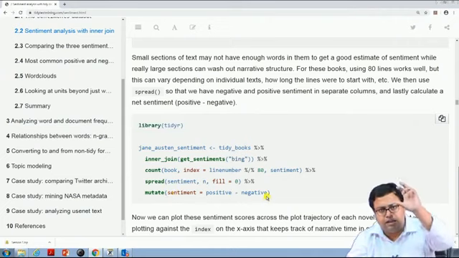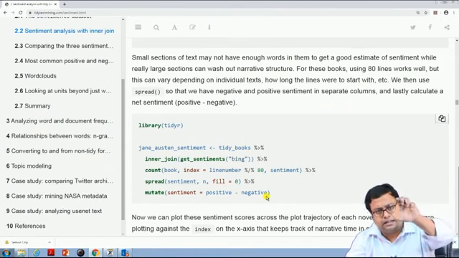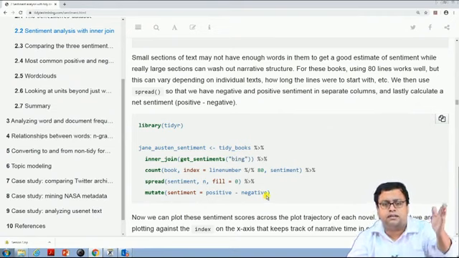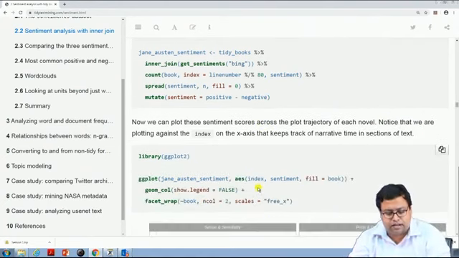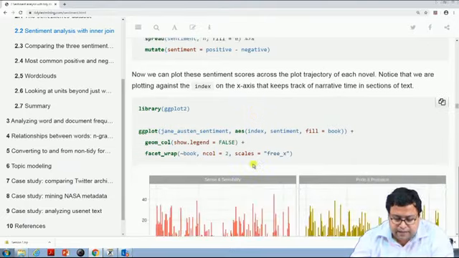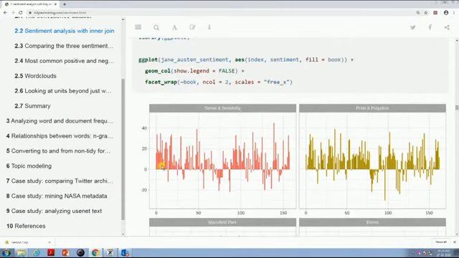They are breaking the text into chunks of 80 lines, and within every 80 lines of text they are finding out how many times a positive word occurs and how many times a negative word occurs. Positive minus negative is the sentiment, that is how they are calculating, and then they are putting it in a ggplot. So, if I just see the book called Sense and Sensibility,